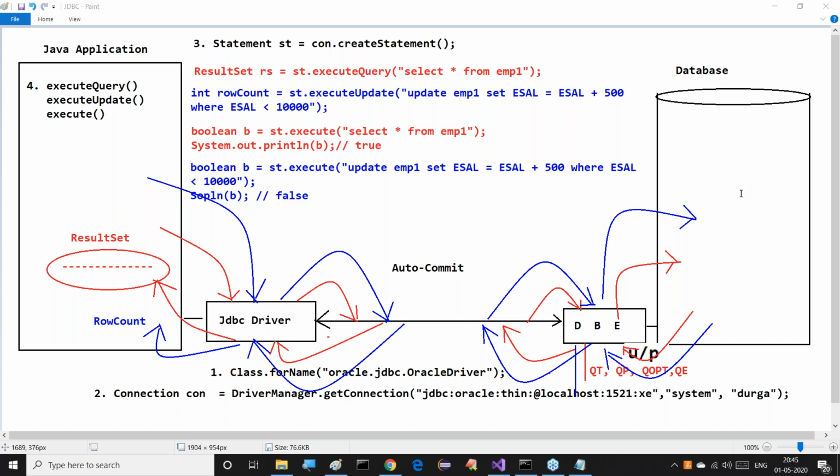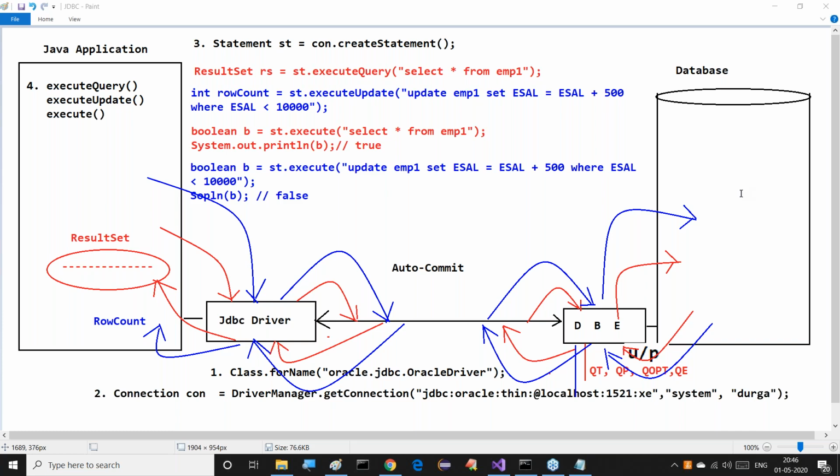So these are permanent operations. CRUD operations we are able to perform permanently. So these permanent operations are nothing but data persistency. The data persistency here we achieved through the auto commit mode of the connection. Automatically the data persistency we are able to achieve in the case of JDBC. Sir, all of you are getting it or not? This is exactly the meaning: data persistency we achieved through JDBC applications.